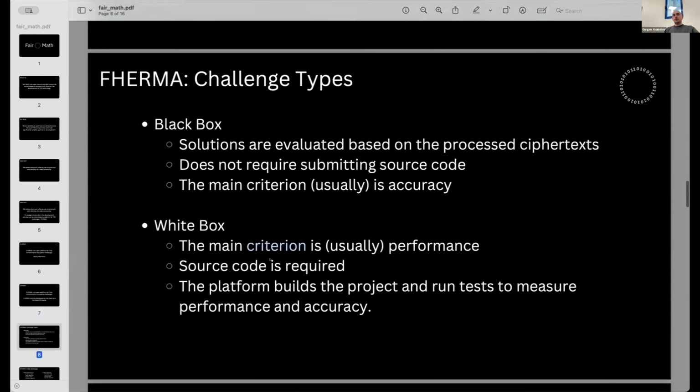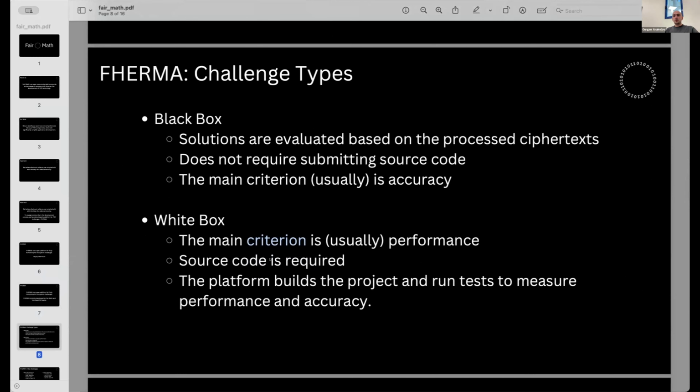On the platform, we have two types of challenges, black box and white box. One of the most interesting things about FHE is the opportunity for one party to prove that it has some algorithm to other parties without revealing any information about the algorithm itself.